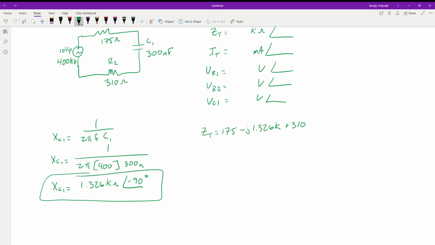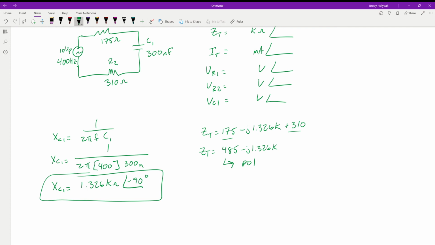So this is how it's going to go. We add like terms together. So our Z total in rectangular form is going to be 485 minus J of 1.326K. Now we need to convert this into polar, because for one, our answer is asking for it in that format, but also